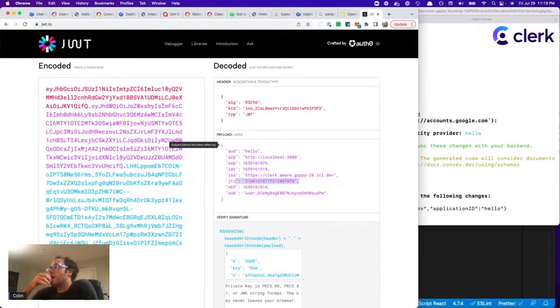Stumped. Right. Trying to think of a good way to find this token from Auth0. You know, I bet